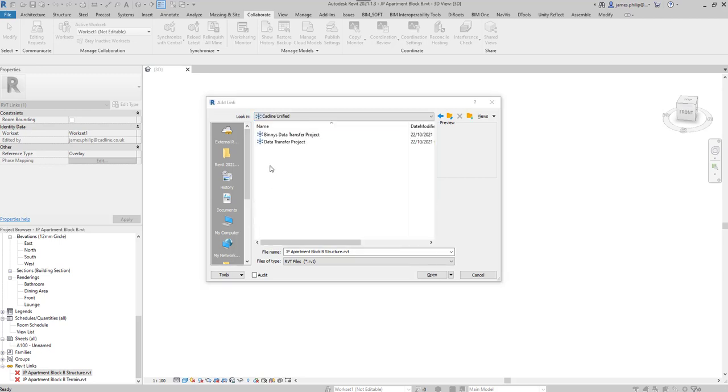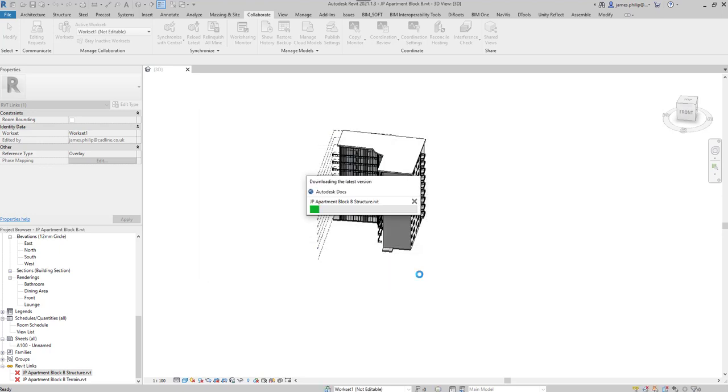So make sure we're in the right location. So there's my data transfer project, and then project files, and it was in work in progress, and this was a structural one, so we find the structural file, and there it is, and we say open,